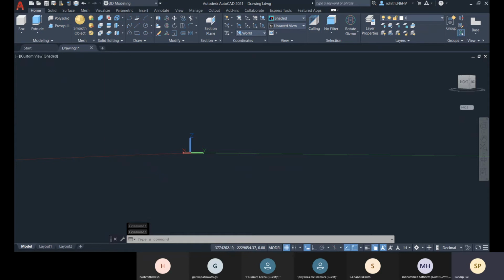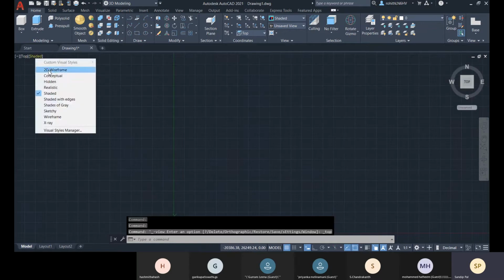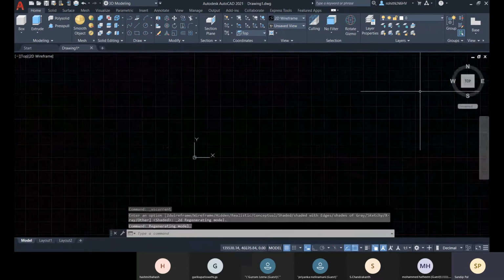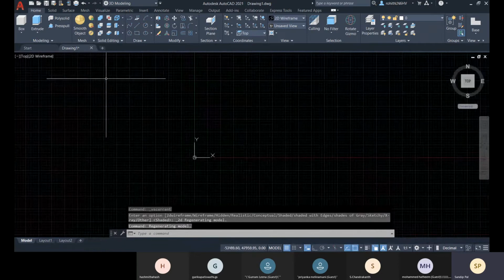Now let me do one thing, come to this top view and then 2D wireframe. Okay, and now give me a second.